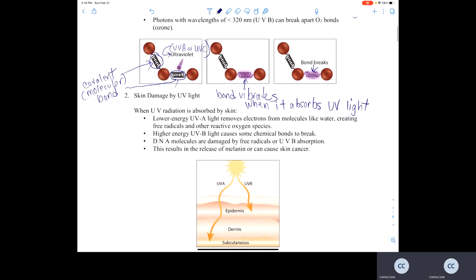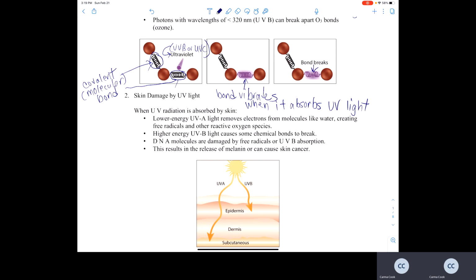So when UV radiation is absorbed by our skin, and remember only UVA and UVB types of ultraviolet radiation actually reach the Earth's surface, and therefore only those two types get absorbed by our skin. UVC is totally absorbed and destroyed in the ozone layer of the stratosphere. But UVA completely reaches the Earth, and a small portion of the UVB that's radiated by the sun reaches the